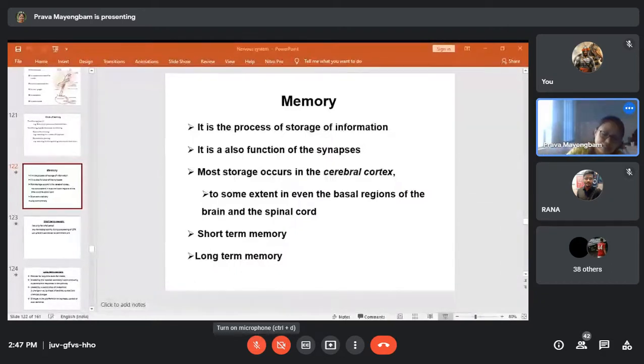It means the inputs are given, and that does not mean that no responses are produced. There are numbers of reflexes happening. There are excitatory inputs and the output in the form of response, and this is going to happen in a repeated way. It's something like, you read it, that remains as short-term memory, again you read it, still short-term memory, again you read more, then the response becomes more and more, and it converts to the long-term memory.